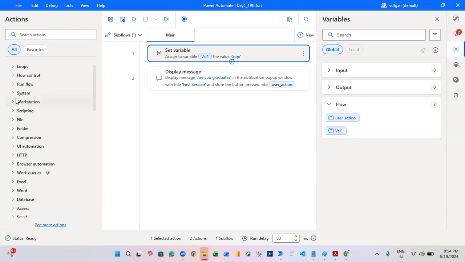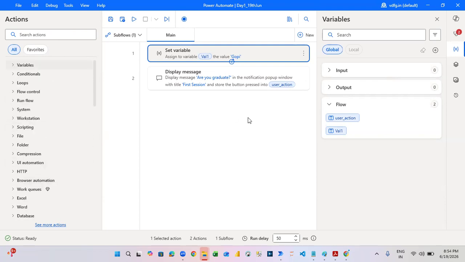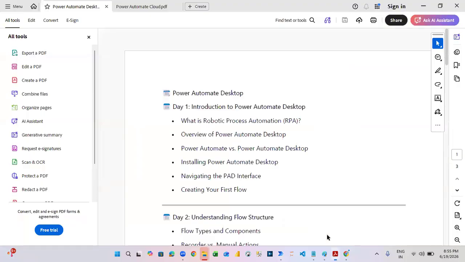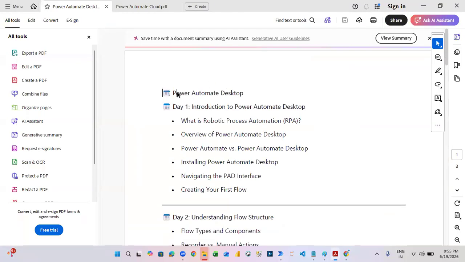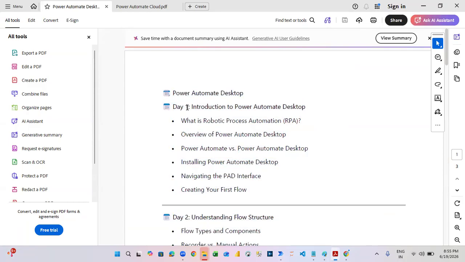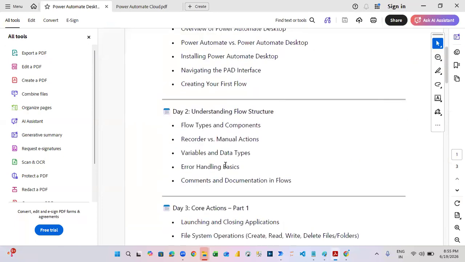So everything is predefined. We are just going to drag and drop into this flow and create it. So what we are going to cover in this session, for people who are new, I'll brief you on what exactly we are going to see. In Power Automate Desktop, we will see this end to end, from the beginning: the introduction to Power Automate Desktop, the flow-related things,